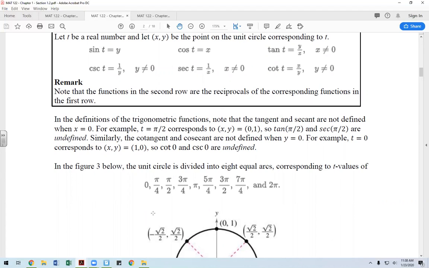Just go ahead, take your tangent function, type in pi over 2 for the tangent function, and see what your calculators are telling you. Now in my calculator, I need to do the tangent key first and then type in pi halves. With some other calculators, you have to type the pi halves first and then hit the tangent key. So just kind of see what your calculator lets you do. And for pi over 2,